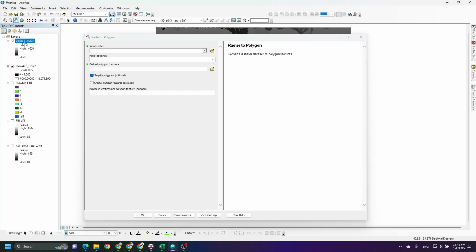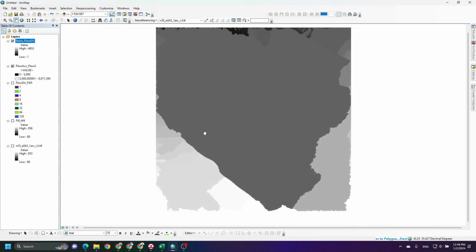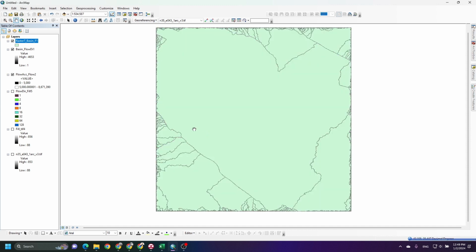We can input the basin raster and then click OK. Yeah, here is the result.